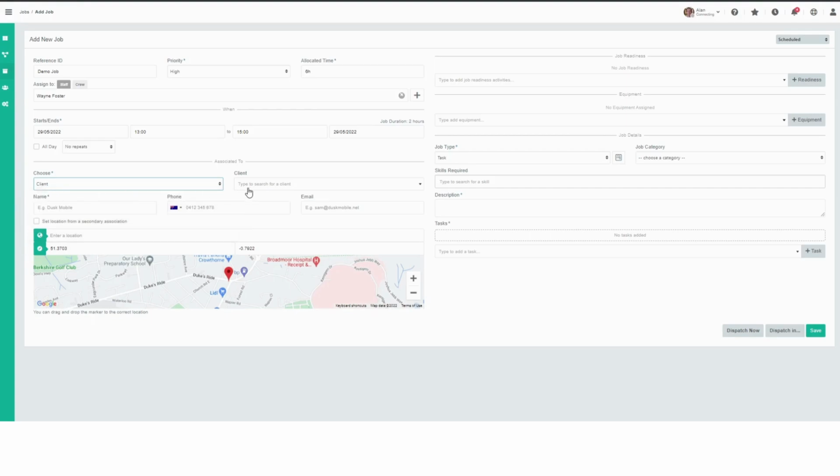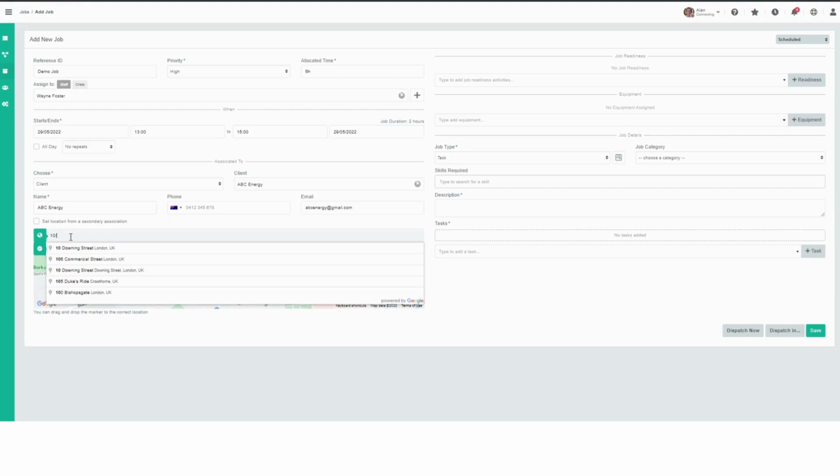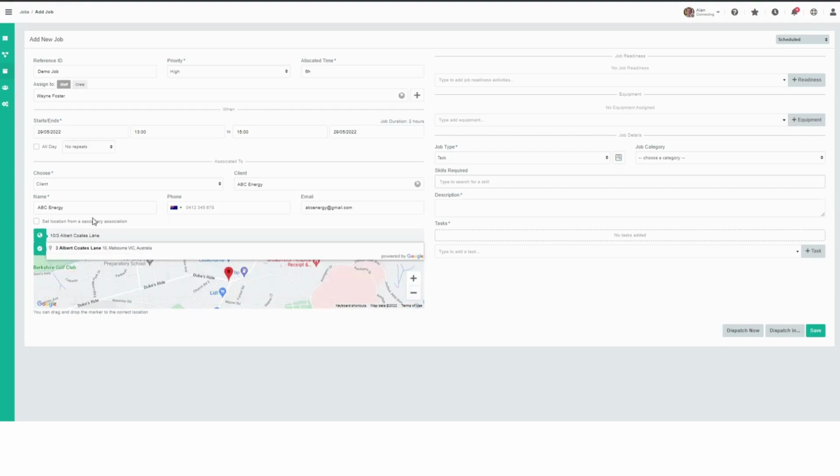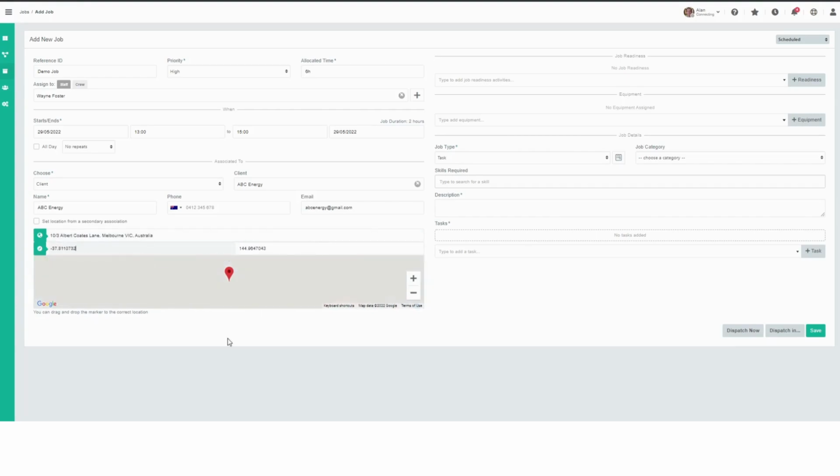So we choose client, and we choose the client that was just set up then. We can enter a location for that client work. If there are any job readiness activities that need to take part, they can be selected from a list here. The same as if there's any equipment required for the job.